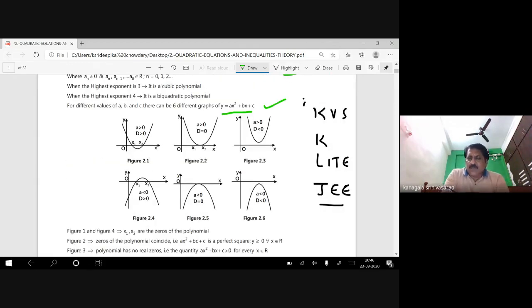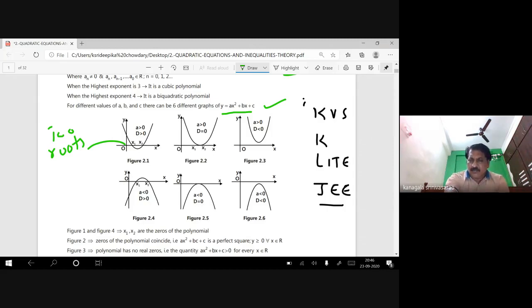Before going further, I would like to share graphs of second degree expressions. No need to worry, later also I will show how to draw the picture of a second degree expression. Already you know how to draw the picture of a linear equation and a constant also. Here these crossings are called roots of the equation. Here two roots are there, two distinct roots. If the graph intersects the axis of x at two distinct points, two real roots are there. Here the graph touches the axis of x, which means the roots coincide. It touches the axis of x means both roots coincide. We can say equal roots are there.